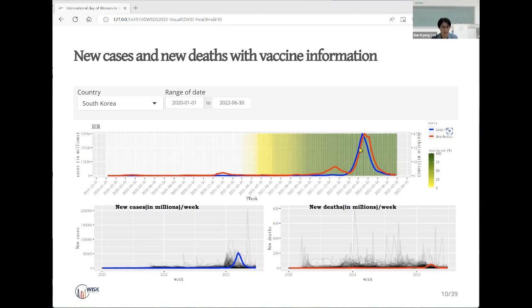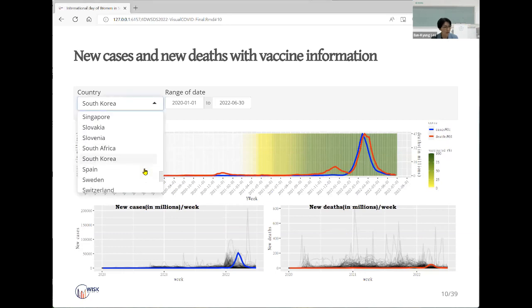In Korea, vaccination began in April 2021. Now, more than 80% of people have been vaccinated. We can see a high peak in Omicron and another small peak in Delta and Alpha.